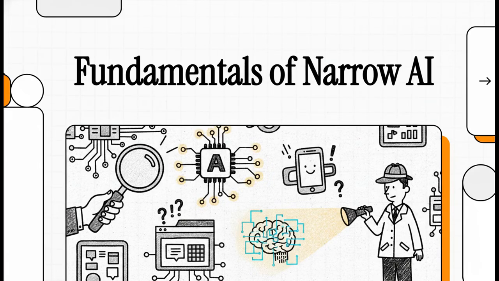We're going to put on our tech detective hats today to uncover the absolute most common form of artificial intelligence that is actively shaping our world right now. You know, we constantly hear this massive buzzword AI thrown around everywhere, in the news, in movies, all over the web. But what exactly is running our smartphones, our favorite apps, and our digital lives at this very second? Well, today, we are going to completely demystify this technology. We're going to figure out exactly what it is, and honestly, perhaps more importantly, exactly what it isn't.